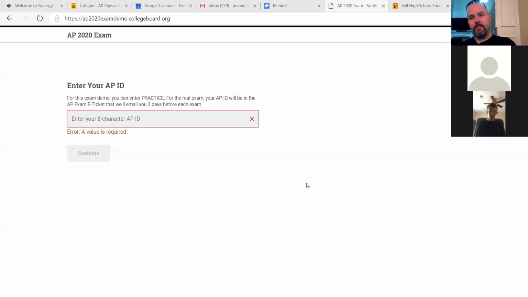That's the place that you're going to write your AP ID, which is what it's asking me for here. That will come to you in email to your registered email account 2 days before the exam. If you don't get that email, for some reason you don't get emails and you're supposed to be checking to make sure you're getting emails from AP, then you can go log into AP Classroom the same way you log in to do any of the other stuff online through AP, and you should be able to find your ticket then. For this one, all you have to do is type in practice. That's clearly not a real entrance thing for the exam, but it'll be your AP ID, whatever that is, and